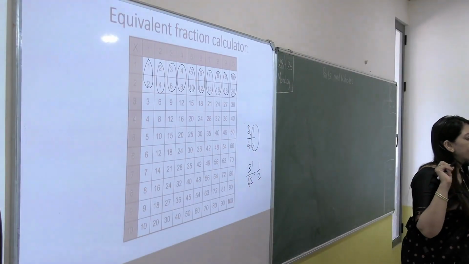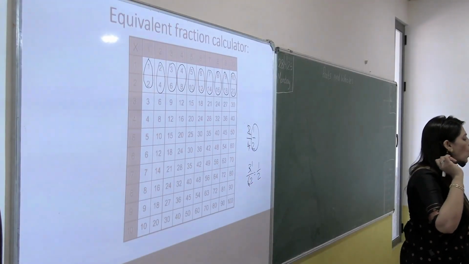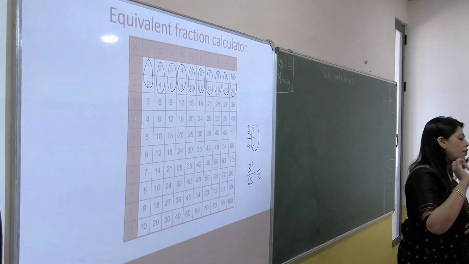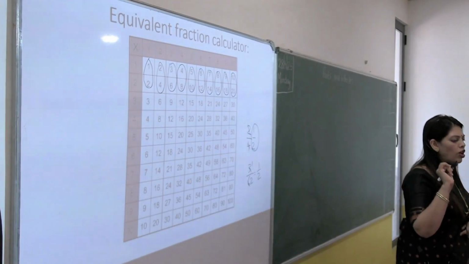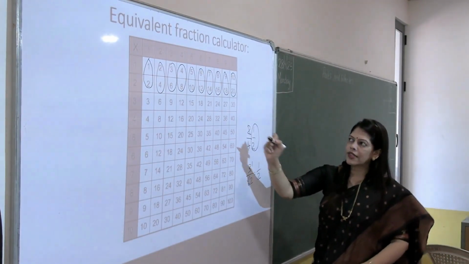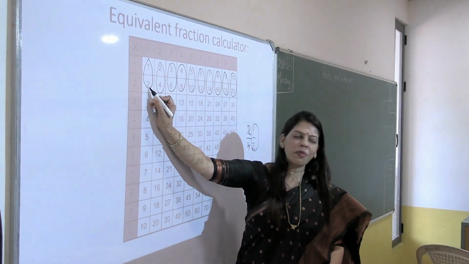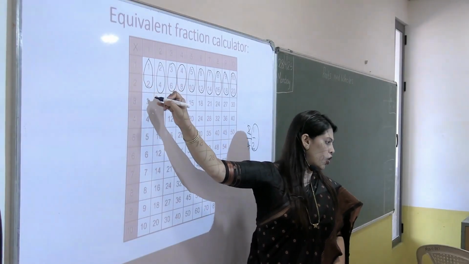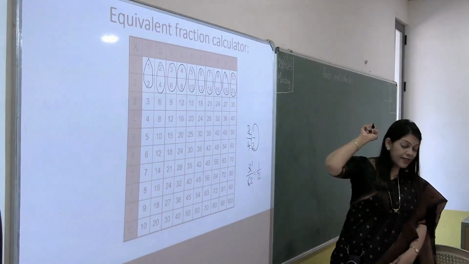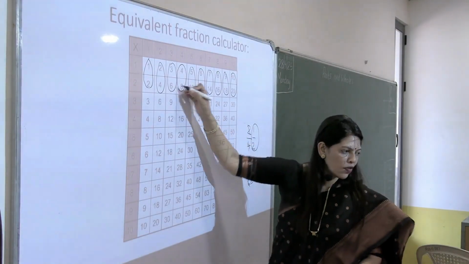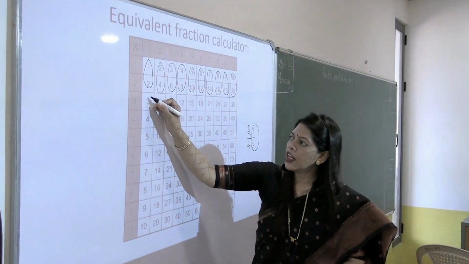Yes? Or they can have the lowest fraction. Lowest term. What is it called? Lowest term. So the lowest term into which they can convert is 1 upon 2. Okay, all these equivalent fractions. Got it? Similarly, have you circled all of this? Yes. Similarly, you can see